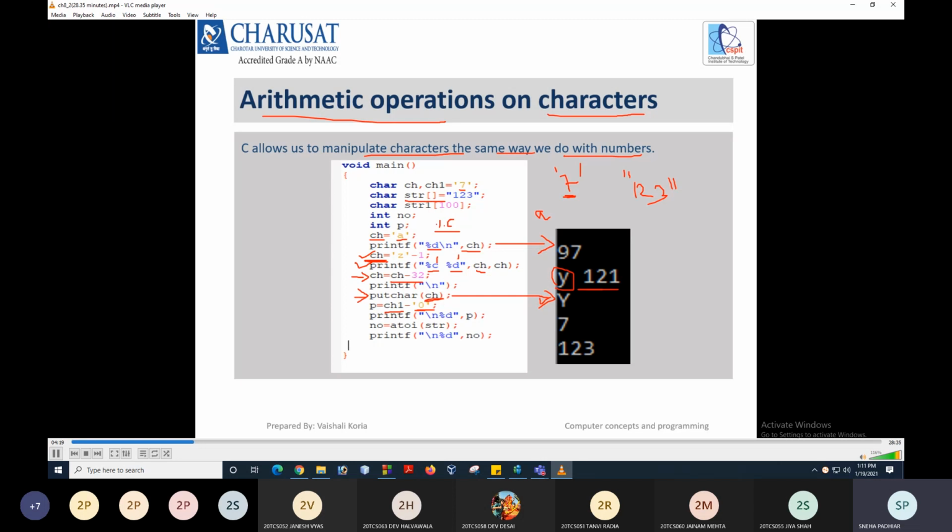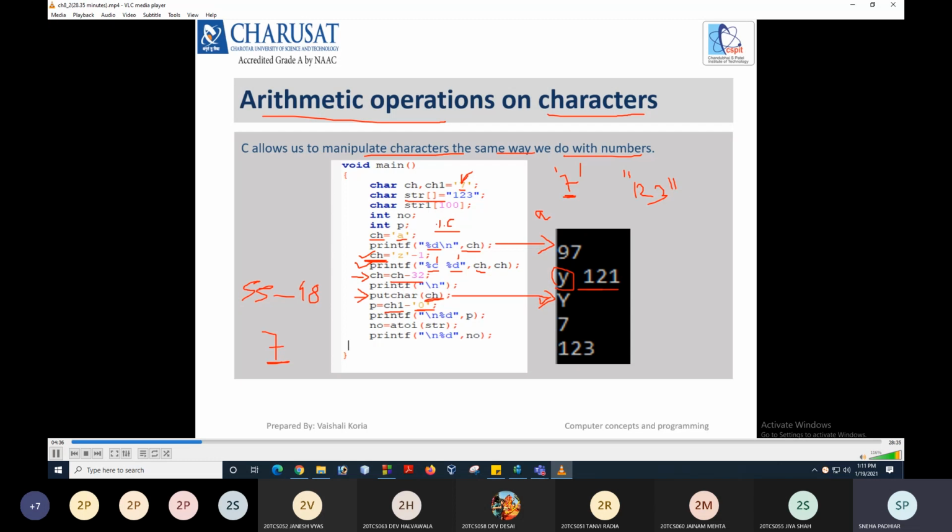The ASCII value of 0 is 48 and the ASCII value of the character 7 is 55. So 55 minus 48 would be 7, and that 7 is an integer number.